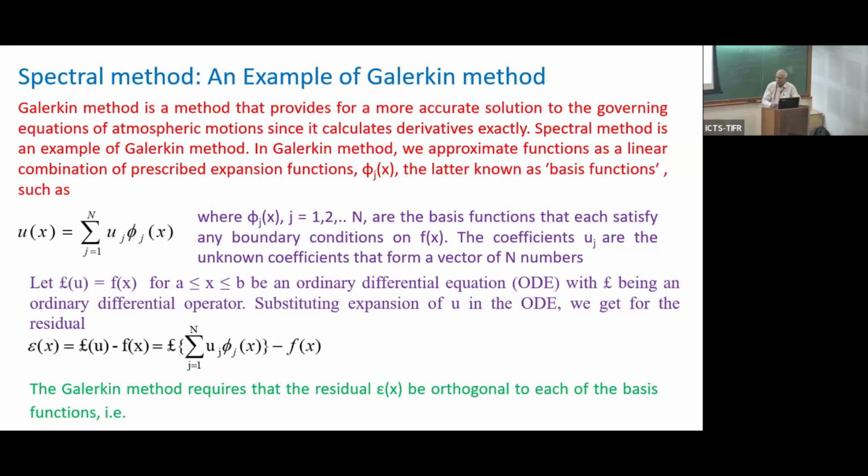So next one is, okay, the spectral method is very, very common, very widely used. All operation centers have moved to the spectral method. So the spectral method is an example of what's called a Galerkin method. Now, up to now we have dealt with finite difference method. Now the problem with finite difference method, it has lots of problems. So one problem I will tell, which the spectral method is successfully able to overcome. So in the Galerkin or the spectral method, what we do is,